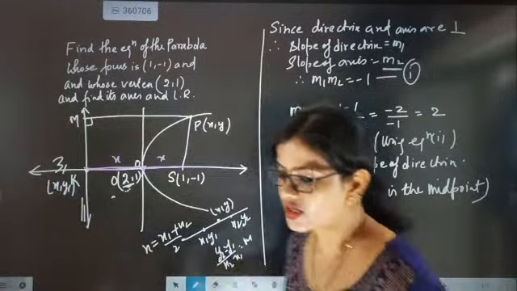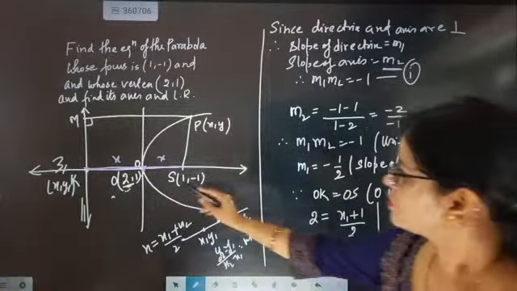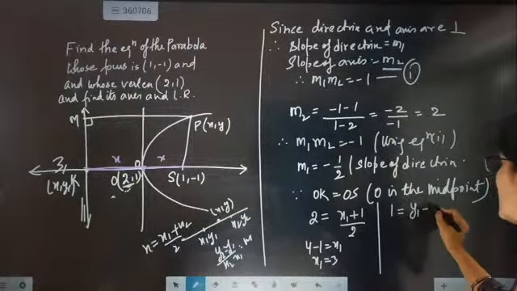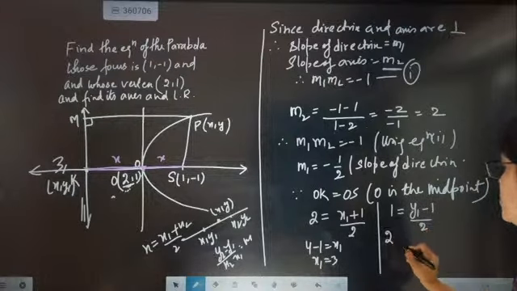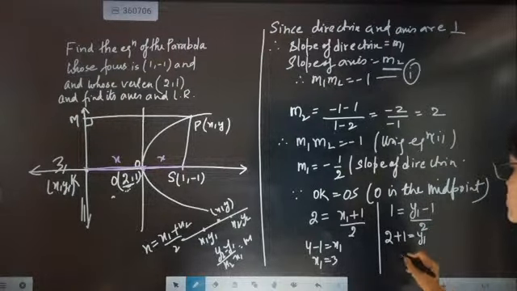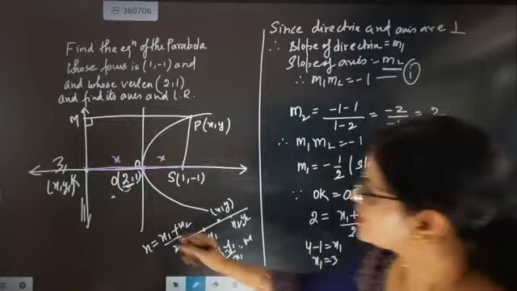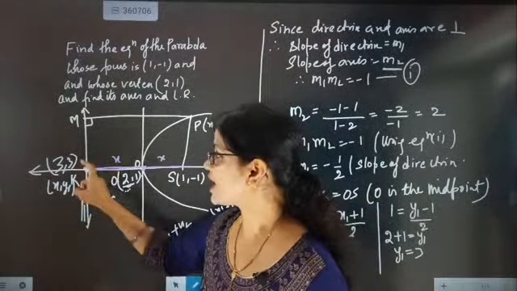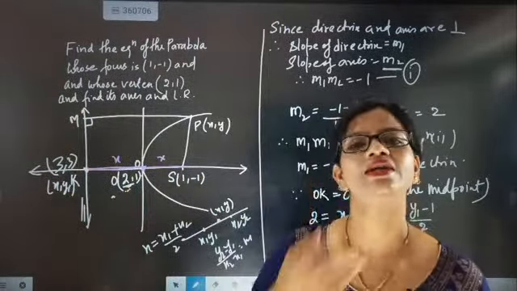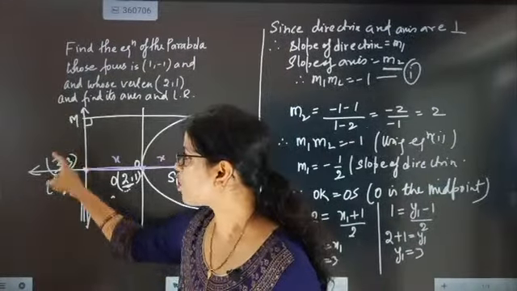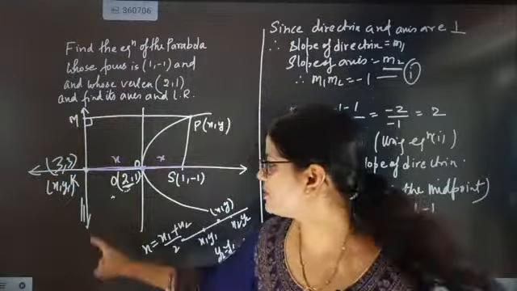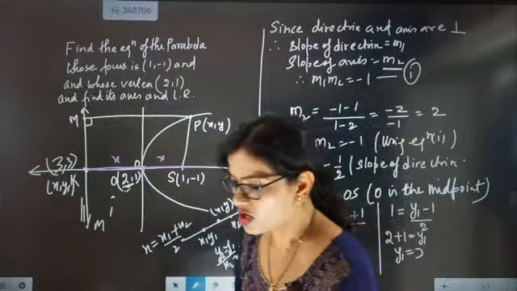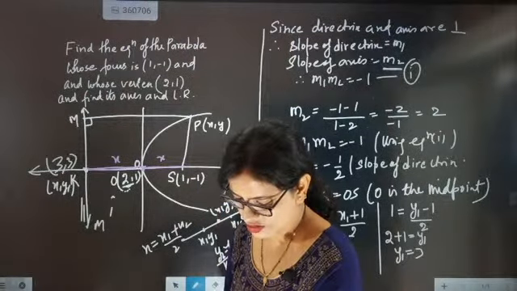So one coordinate we got here is 3. Now shall we get the other coordinate? So now next is 1. So 1 will be equal to (y1 minus 1) by 2. So it is going to be 2 plus 1 equal to y1. So y1 is coming as 3. So this point is coming as (3, 3). Jackpot. Now we have a point and we have the slope, so we can get the equation of the line. You have a point on this line, and the slope of this is minus 1 by 2. Gautam, absolutely correct beta, really proud of you.